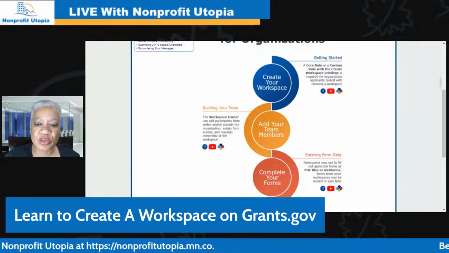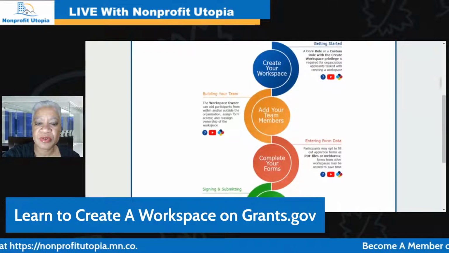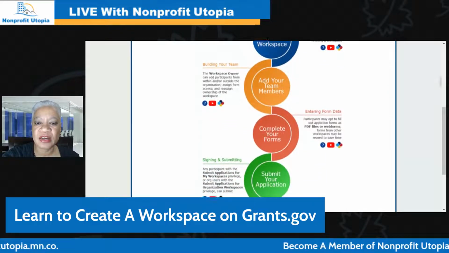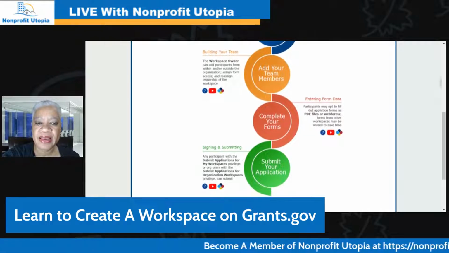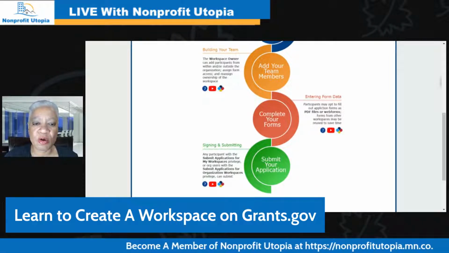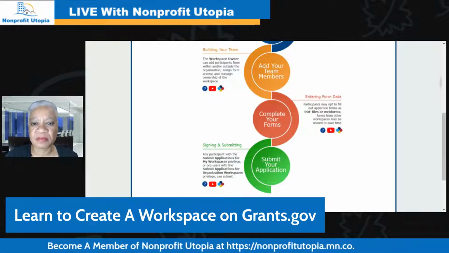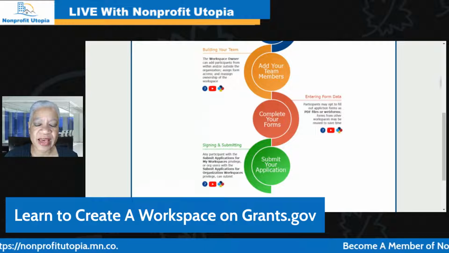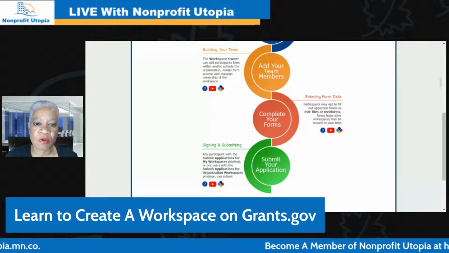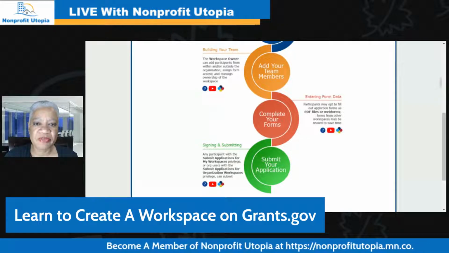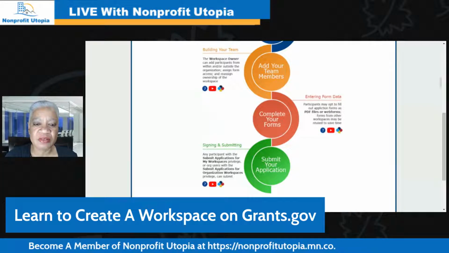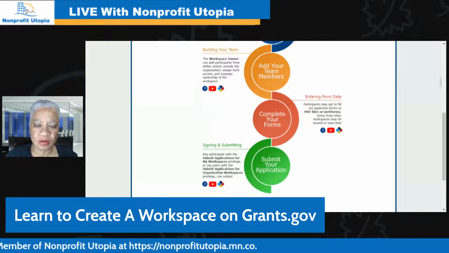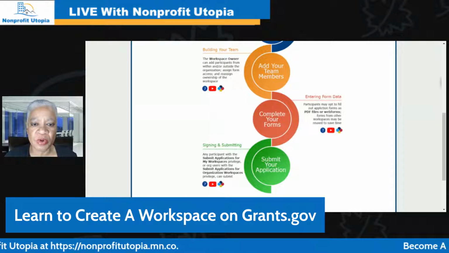And then the next thing you want to do is add your team members. So your team members would include all the people in your organization that are working on this grant. Typically, this could be your grant writer. It could be a program manager. You might also want to give access to your CFO or financial manager. And you might also give access to a consultant, if you have a consultant who is helping you pull